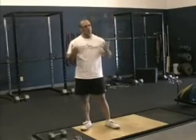Speaking to you today again about a number of exercises that we can do to enhance speed development. And things that we can do in the weight room to enhance the different components of speed development, both acceleration and top end speed. When we talk about training for increasing acceleration and the strength capabilities of it, first